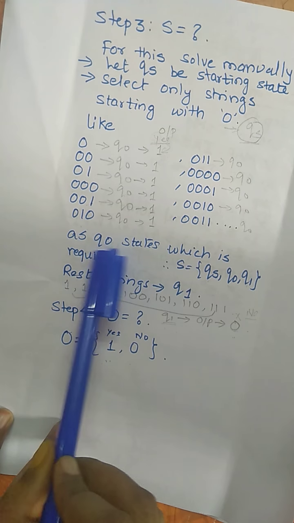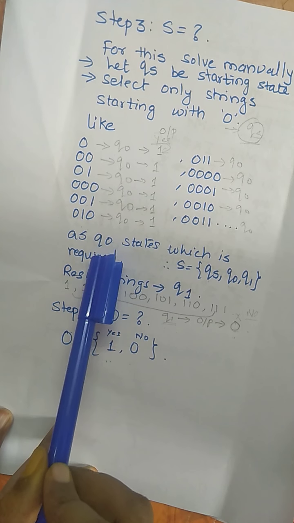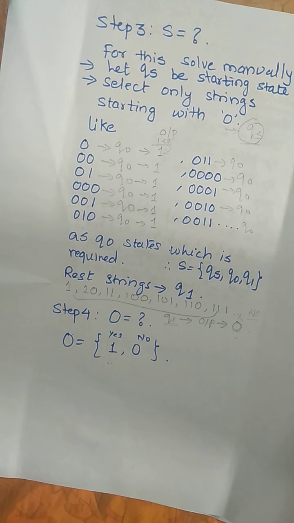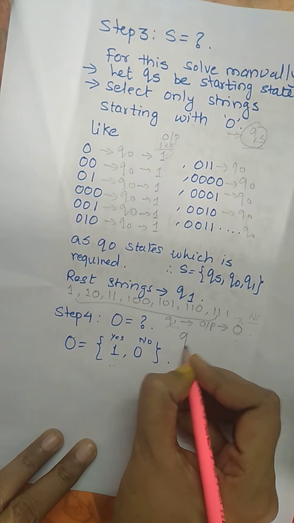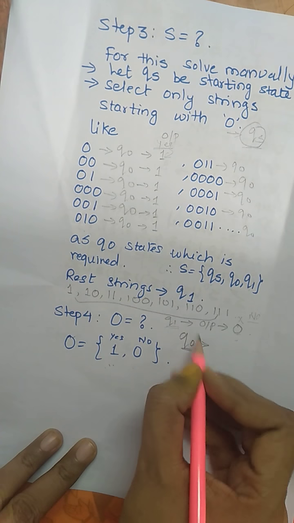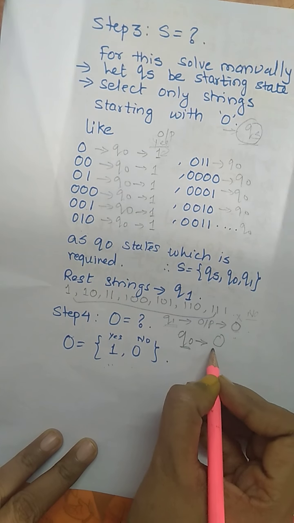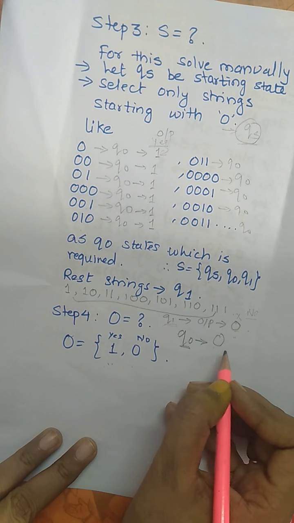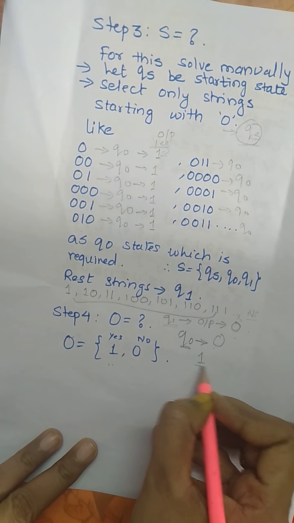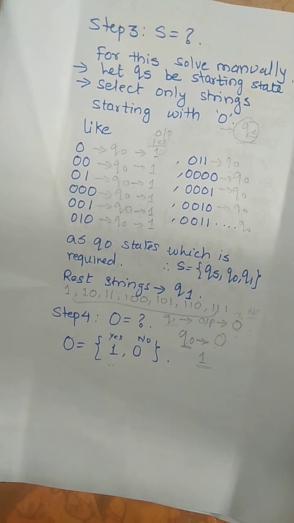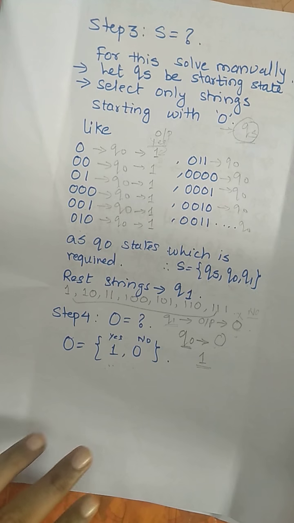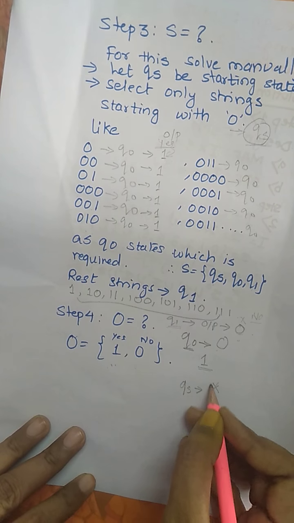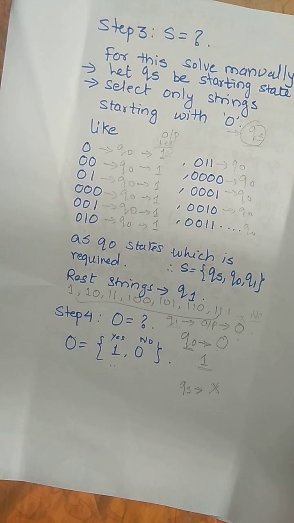Why have we not selected Q0? Usually we select Q0 as the initial state, but this question is different. If we select Q0 as the initial state, that means Q0 represents that we already have the initial bit as 0. That means the machine will always start with 0, and it is not going to accept any string starting with 1. That's why neither 0 nor 1. What kind of output does QS represent? No output. It is not going to generate any output because it is only the beginning.